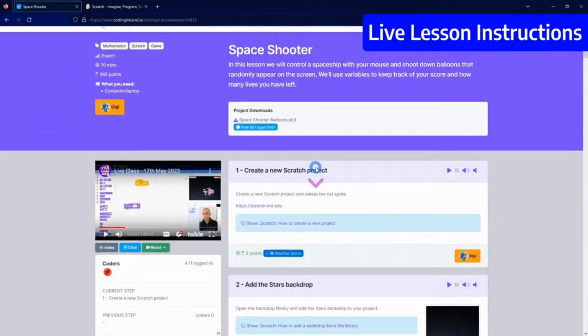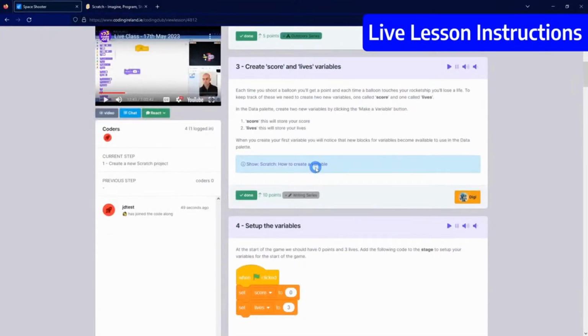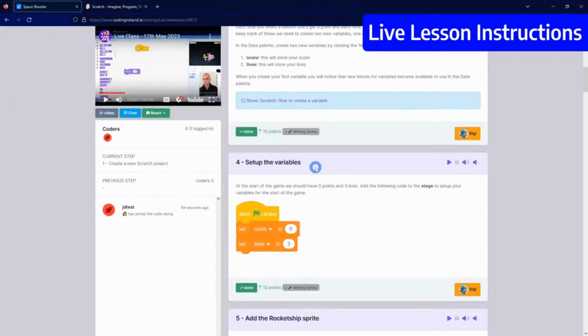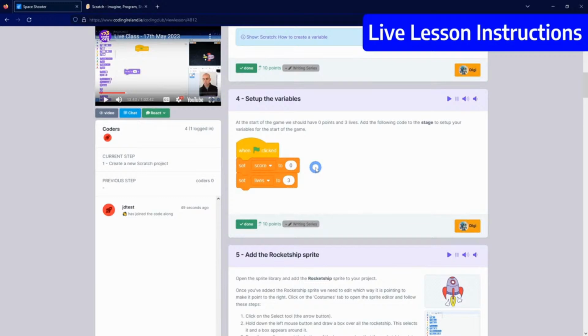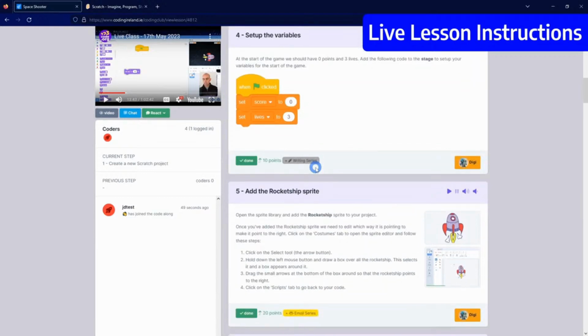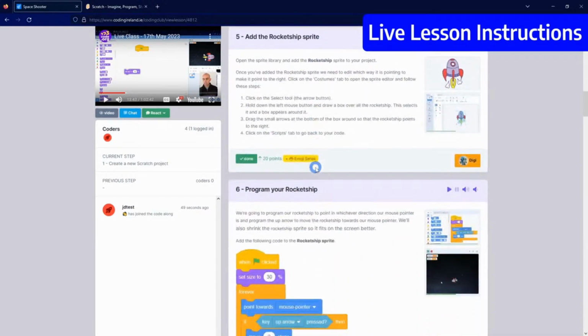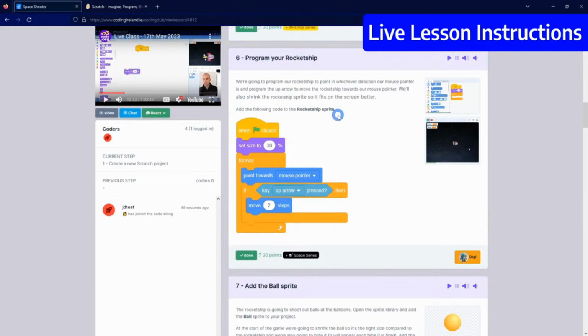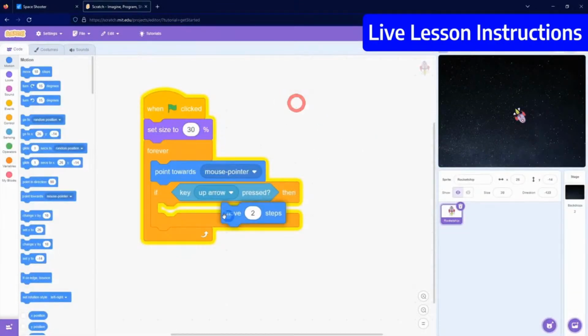When the lesson starts, you will see all the steps for the lesson appear here. These are the steps you need to follow to create the project, and the teacher will guide you through each of these step by step. Though if you wish to go ahead and follow them yourself, that's no problem. You will normally be working with two tabs, one tab for the instructions and one tab for creating the code and